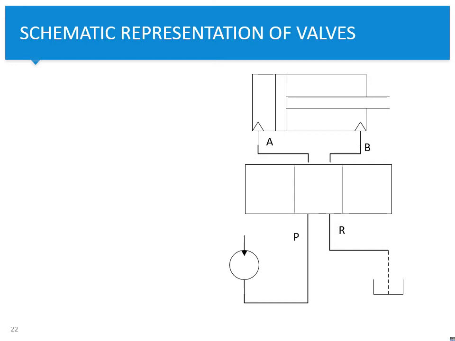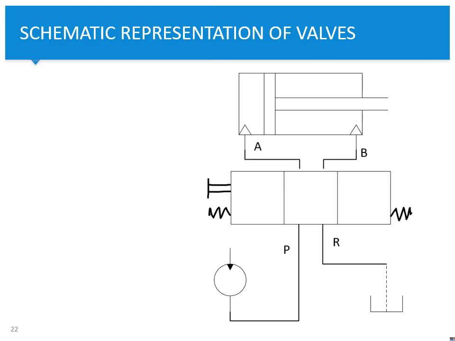Okay, and from what I know, it's monostable, since as soon as the operator leaves the handle, it will return to its original position. So we can draw springs on both sides, and the operator is going to operate it using some button or some handle. I don't actually know, but it's going to be operated manually. So this is how I draw my manually operated monostable